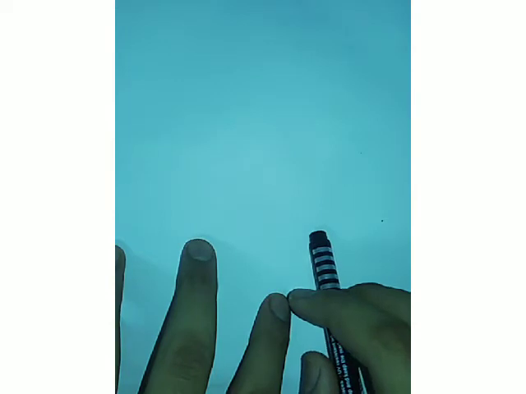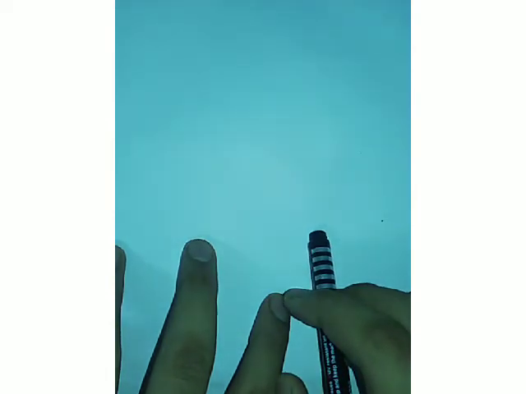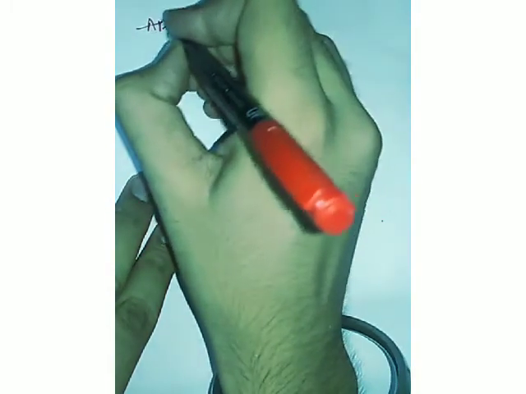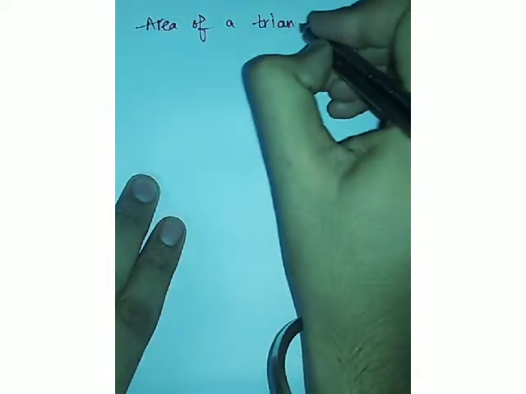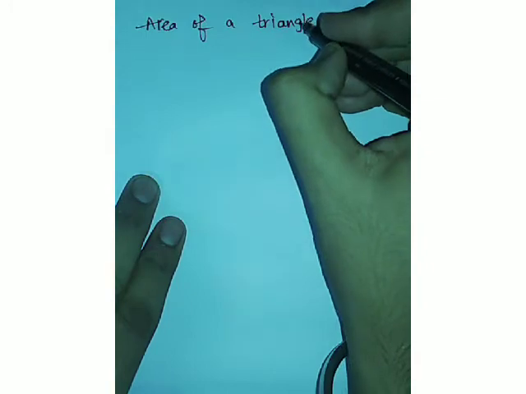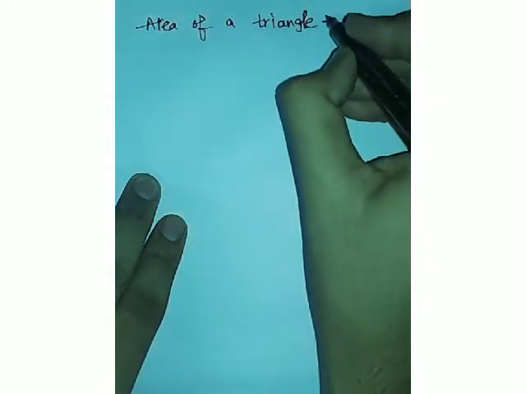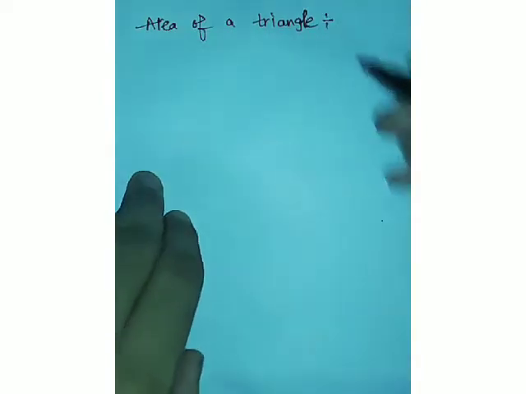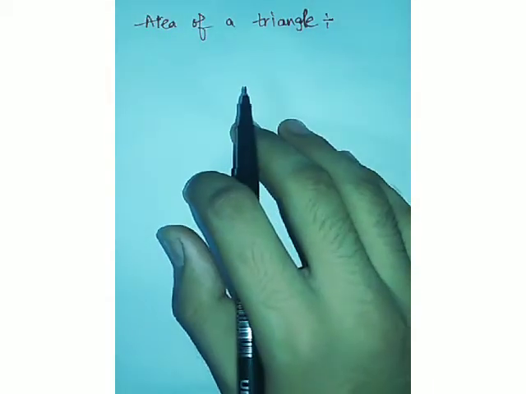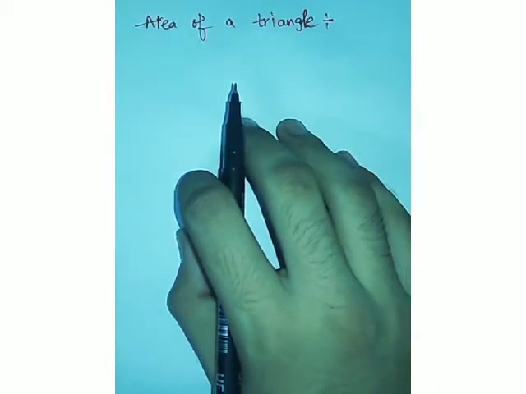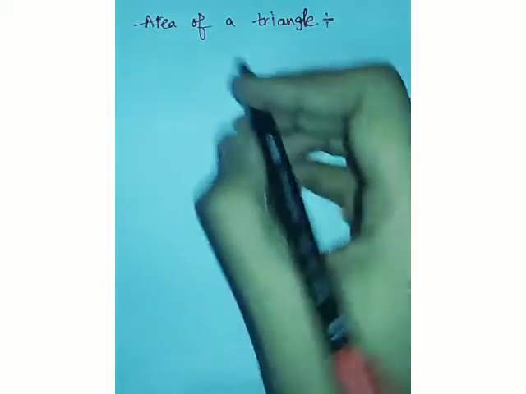We are only left with our exercise 7.3, so let's start that. In this exercise, we are supposed to apply the formula of area of a triangle. So we will be doing that. I will be writing the formula of area of triangle and I will also tell you a technique to remember the formula, because it's a very lengthy formula and some of you will find it difficult to learn. That is why I'll be telling you a trick to learn that formula as well. Alright, so let's start without wasting even a second.